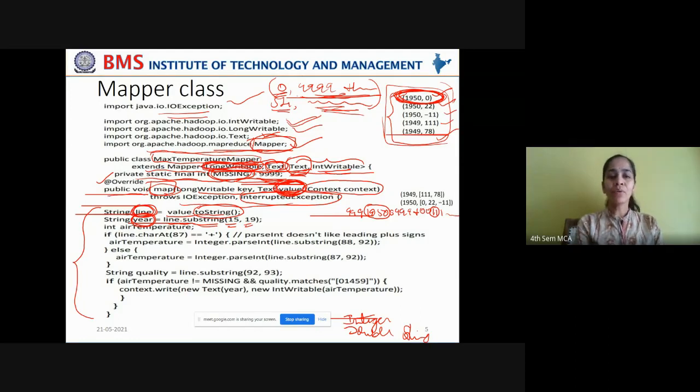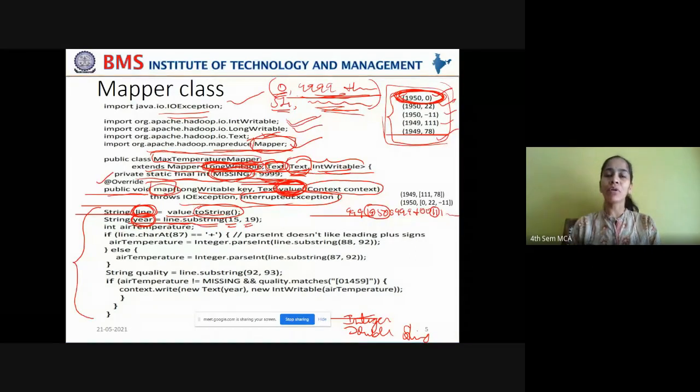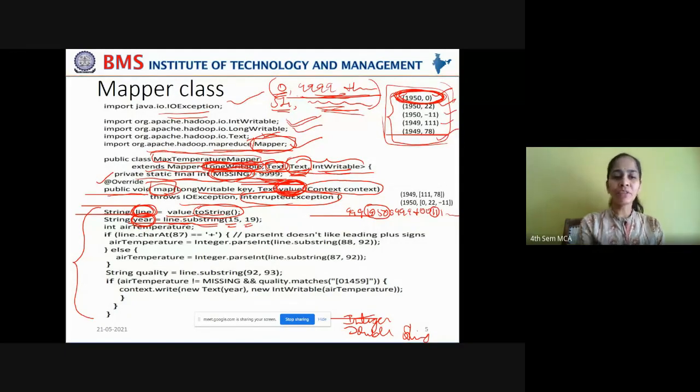Now you also have to pick the air temperature. But can you pick the air temperature as it is? No. You have to check whether that value is missing, or check the quality code also, whether it is properly captured or not. So just declare the air temperature as integer type.